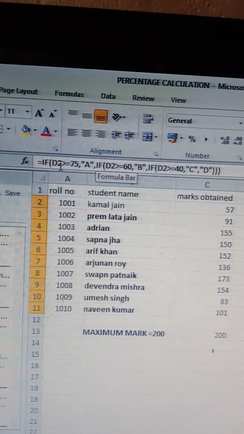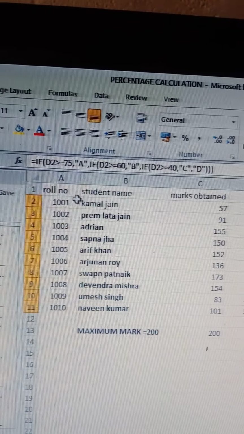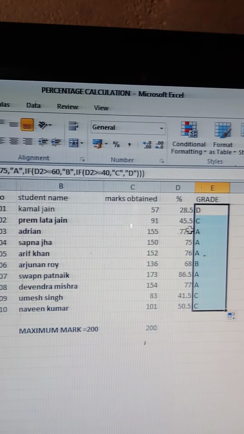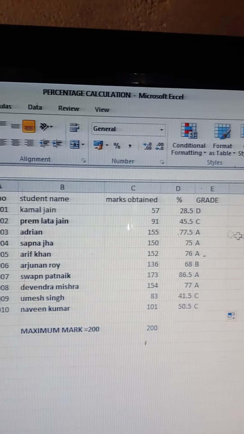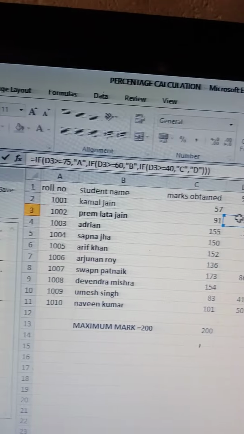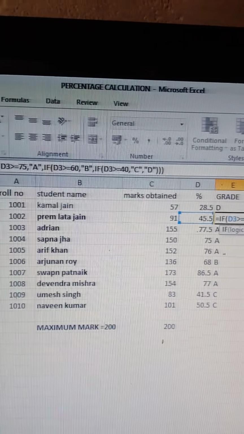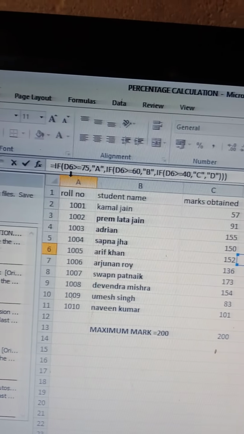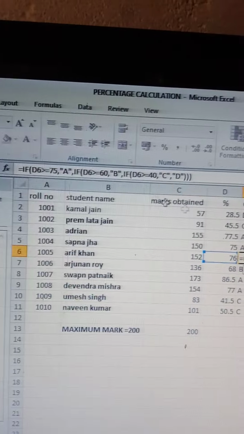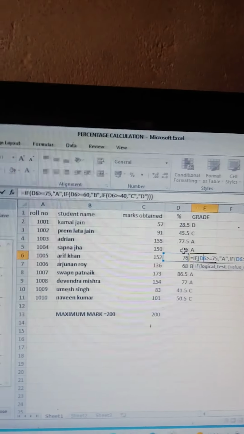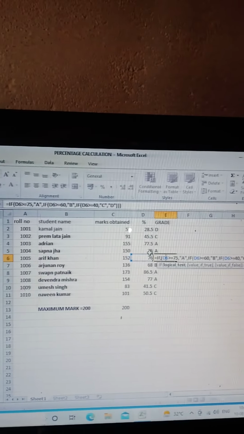This is for cell D2 and same as cell. Yes, you can see here this is for cell D3 and this is for cell D6. This is same. So in this video we see how to calculate